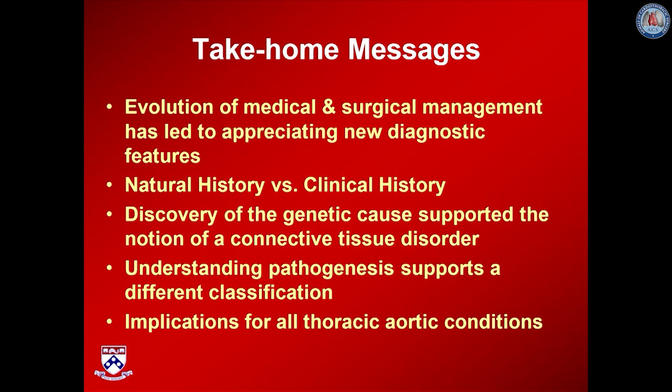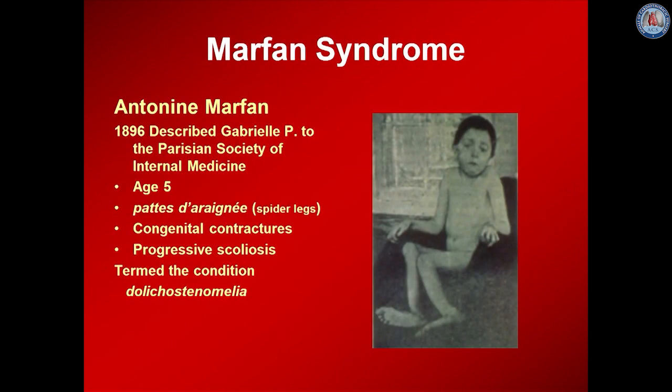understand clearly what the proper diagnosis is. And this has evolved over a much longer period of time, dating from the late 19th century. Our understanding of the pathogenesis has been relatively recent and overturned much of the underpinning of the notion of Marfan syndrome being a connective tissue disorder. Understanding of cause has implications not only for Marfan syndrome, but for many other conditions that affect the thoracic aorta.